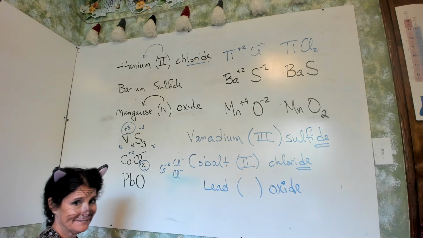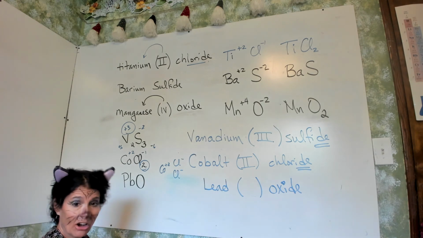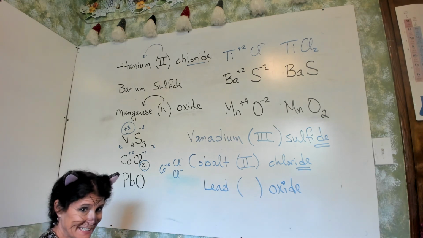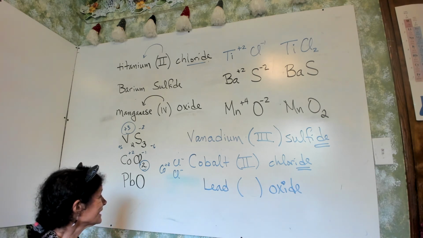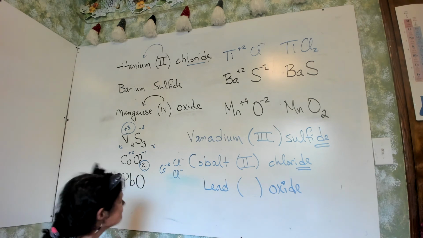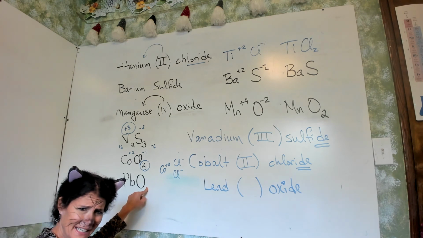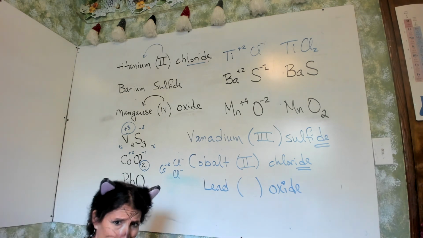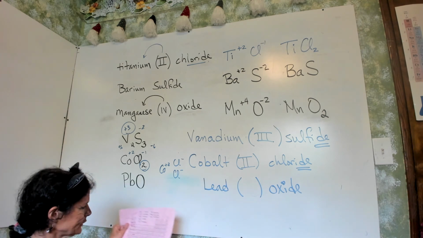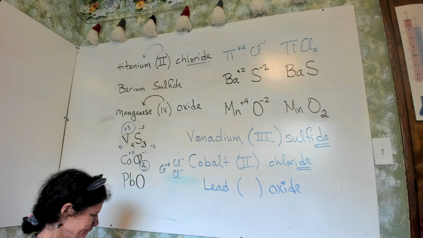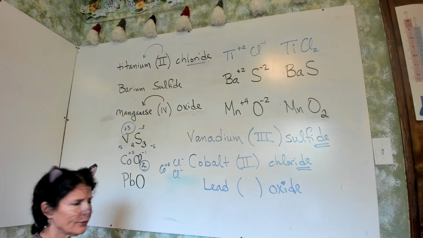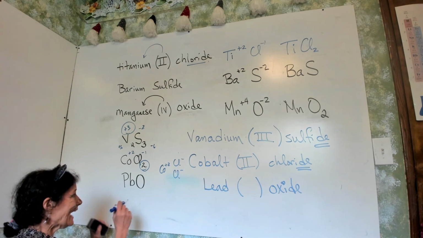And then oxide. Now, common mistakes. Students make 2 mistakes on this one. They either go with this weird rule they decide on, that how many you have goes in there, and they put a 1, and the answer is not a 1, or they decide it's the group number that goes in there. And for Pb, they go, oh, it's a 4, and it's not a 4. You have to figure it out.